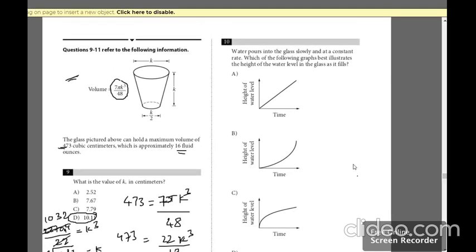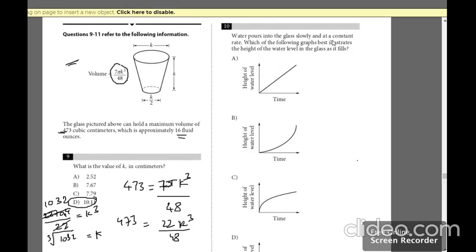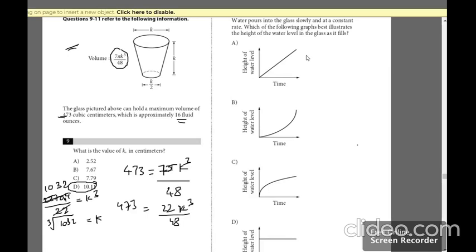Moving on to question number 10. Water pours into the glass slowly at a constant rate. Which of the following graphs best illustrates this? As they are saying it's constant, linearity will go. This one and this one won't be the option. Among these, it's going to be a little increasing as it goes up, but if you look at the glass, it's not symmetrical. It pours a little faster towards the bottom, as the lowest circle and the upper circle expand. When it expands, this upper portion will definitely take a lot of time. That's why they have given it slowly. So the best thing would be option C.